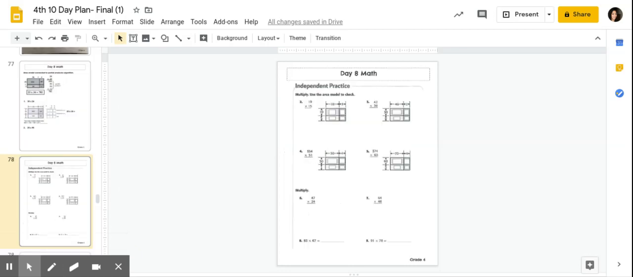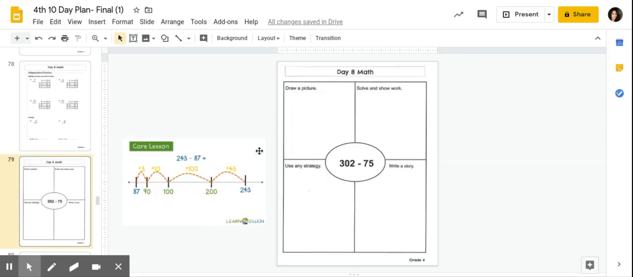Okay, and then you're going to do the same thing here. Up here, they already have the box for you. Down here, you can either do the standard algorithm or you can use the box as well. And then on this one, I put in here an example of a strategy you can use. You can count up from the small number to get up to the big number. You can draw a picture of taking away using base 10 blocks, and then you can